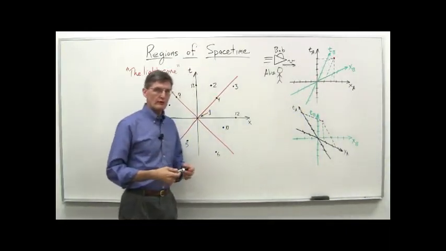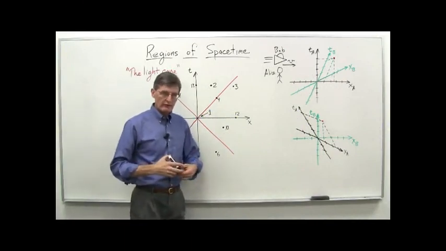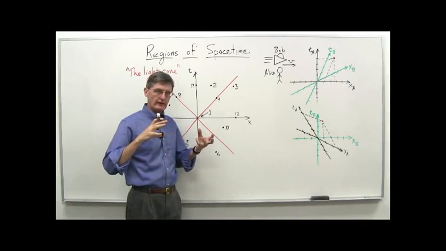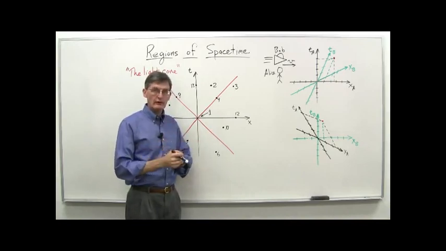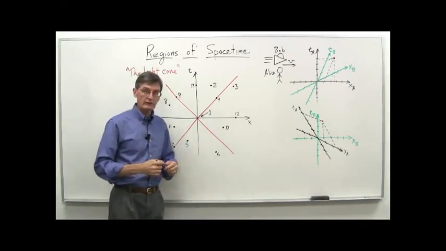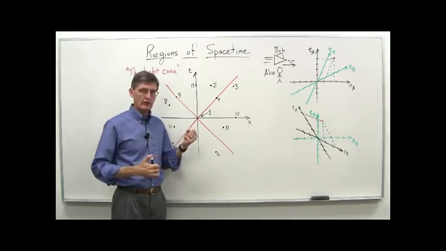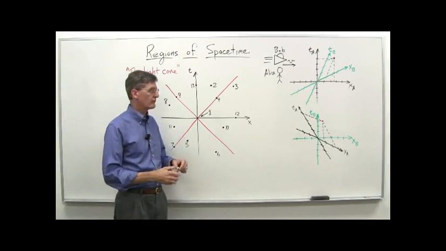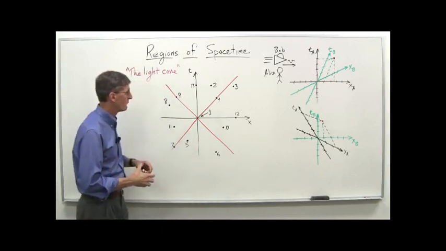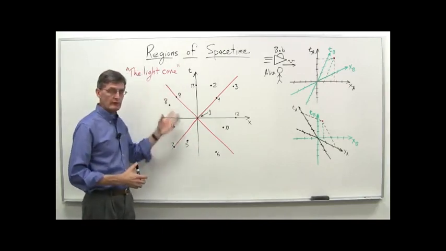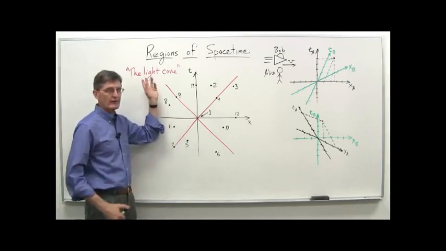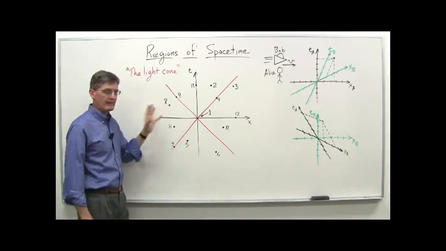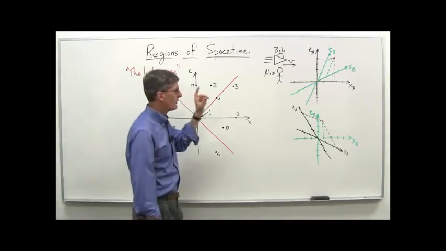We've been exploring space-time diagrams over the last number of video lectures and seeing how they can help us visualize and gain some insight into some of the key things about the special theory of relativity, such as time dilation, length contraction, the Lorentz transformation, and so on and so forth. And so in this video lecture, we want to consider this idea of regions of space-time and the so-called light cone. We'll get to that in a second, but before we do that, I want to go back to something